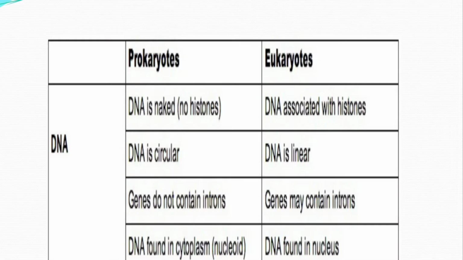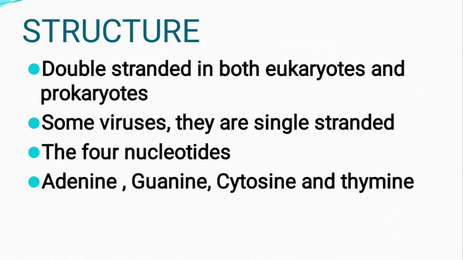Next, how is DNA in prokaryotes and eukaryotes? In prokaryotes, DNA is naked, that is without histones. In eukaryotes, it is associated with histones. Histones are nothing but proteins which are rich in lysine and arginine. In prokaryotes, DNA is circular in shape. In eukaryotes, linear in shape, already we had seen. And they are found in cytoplasm and nucleus in eukaryotes. In prokaryotes, they are found only in the cytoplasm. And in prokaryotes, they do not contain introns. Here they contain introns. Introns are nothing but non-coding sequences. In coding you can see that more clearly. Now don't confuse with that.